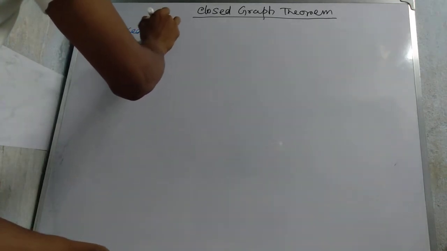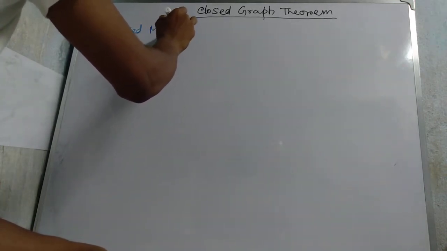Today we discuss the closed graph theorem, an important topic of functional analysis. First we start with closed mapping. To start closed mapping,